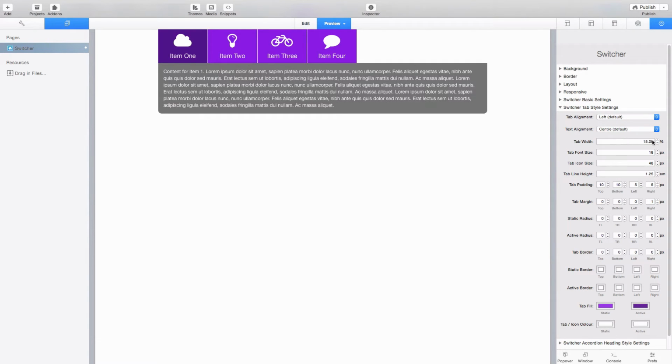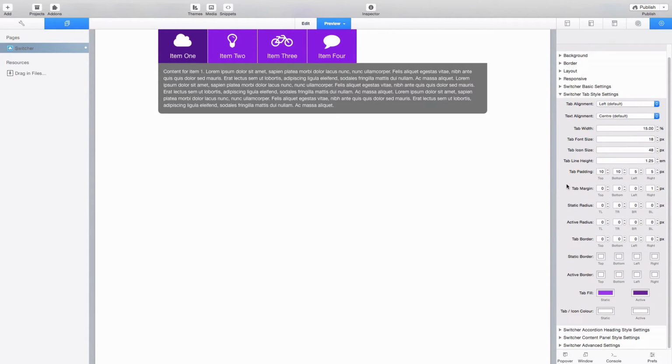Tab width is specified in percentages, and that's calculated as a percentage of your container width. We can change things like the font size, the icon size, the line height. I can change the padding if I want to, and the margin. So what I'll probably do in this instance is make this correspond perhaps with styling a bit more